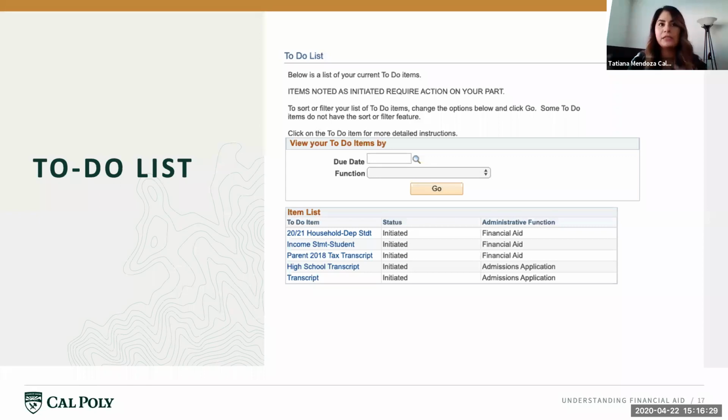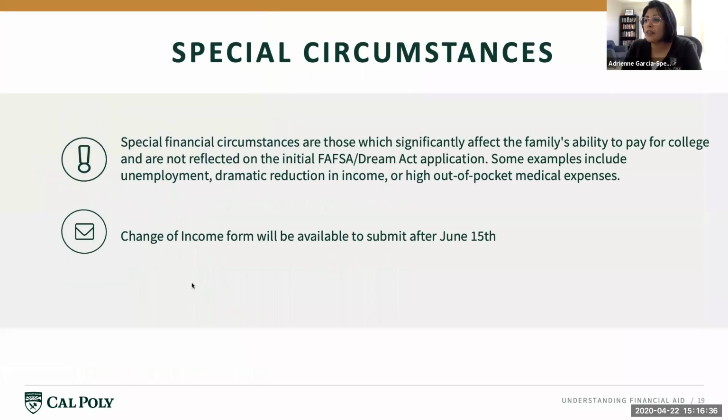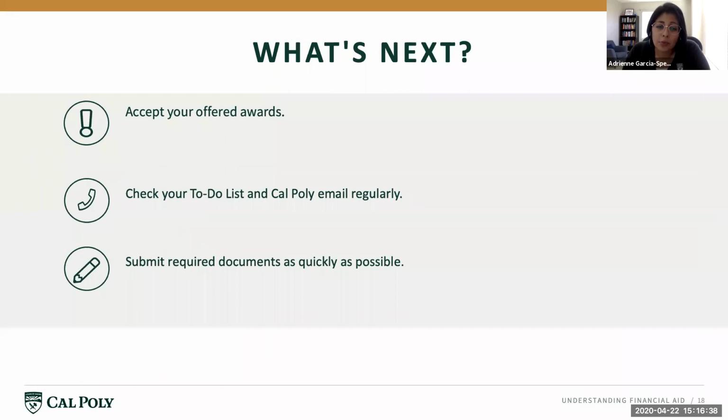So now we know how to see and view those awards, but what are the next steps? So after you've reviewed your financial aid, you can accept your award offers in the portal. Grants have automatically been accepted on behalf of the students since they are money you don't have to return. But scholarships may have certain requirements, like a commitment to a certain number of units or maintaining a certain GPA level. So you want to review those in your award summary and on your award letter page. And before you commit to those, you can also accept or decline the loans in your student portal as well.